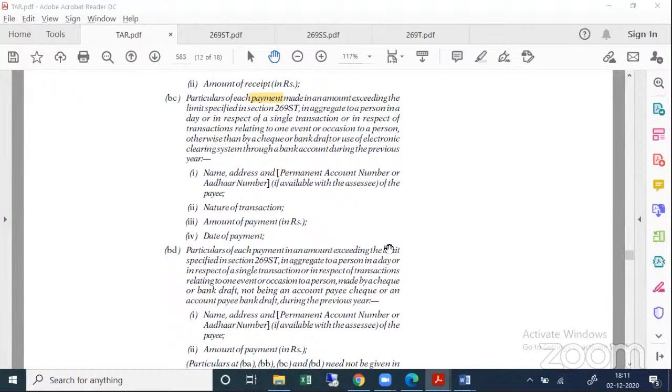Yes, because the tax auditor, when he reports that so and so. So as Priya, as